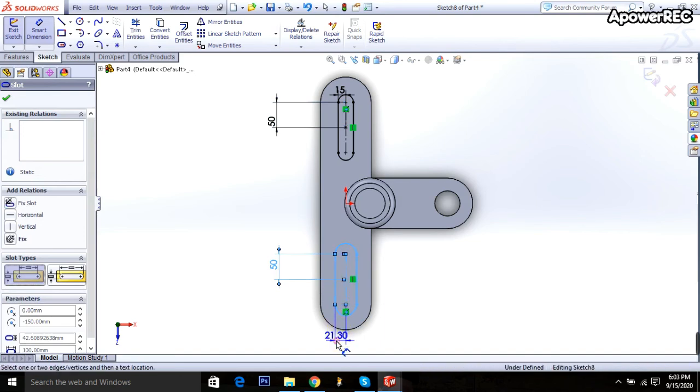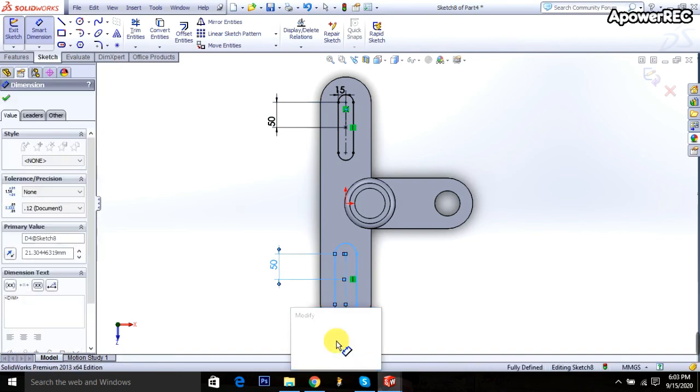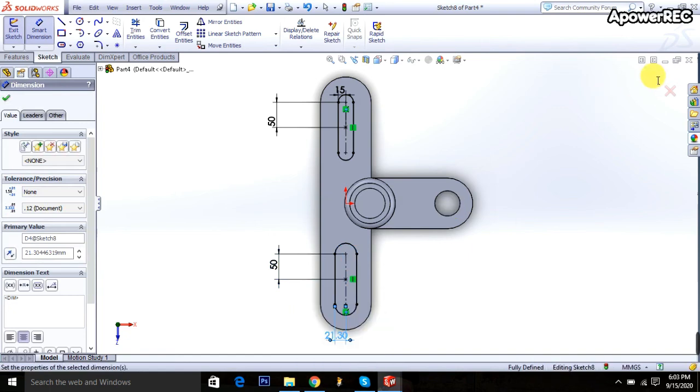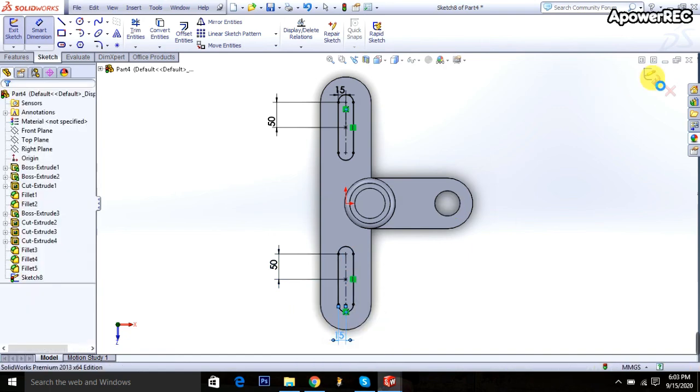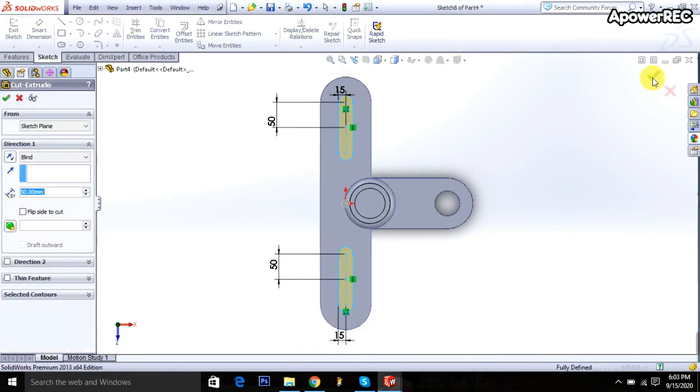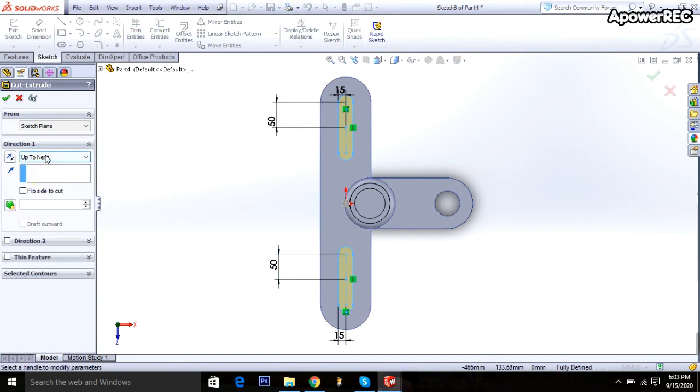15 millimeters. Then okay, then go to here, select the through all. Through all is selected. Okay,